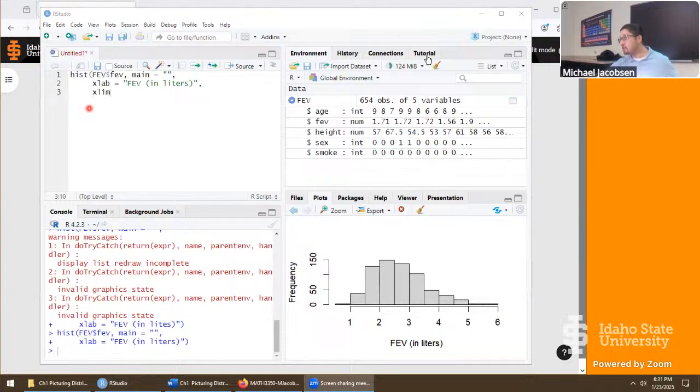And Summer says Control A and Enter doesn't work for the plots for some reason. Oh, strange. Could be an operating system quirk. And I believe Summer is using a Linux distribution, if I'm correct. And so you have to click on Run, and then it showed. So you're saying for your distribution, go like here and click Run this way to make it come up?